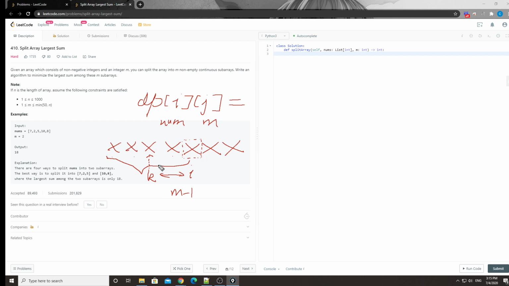Then what's the largest sum of this DP? It's going to be the sum from K to I, plus DP